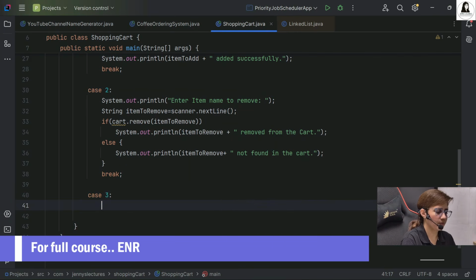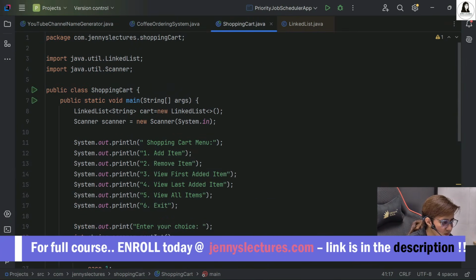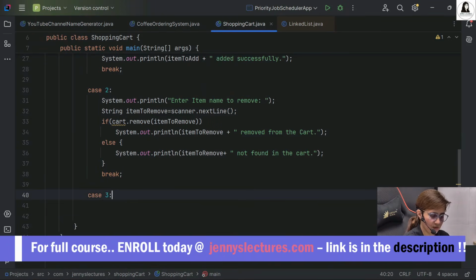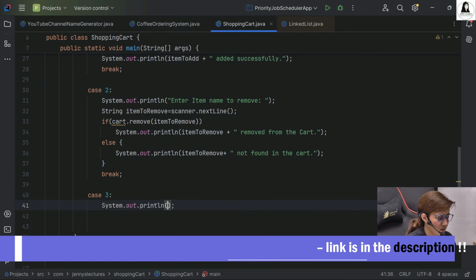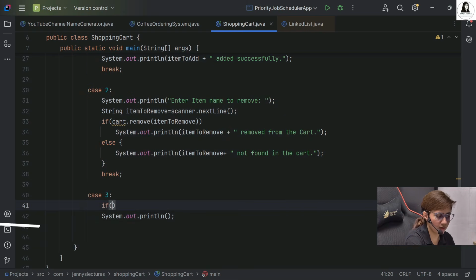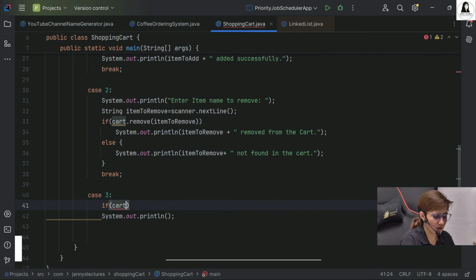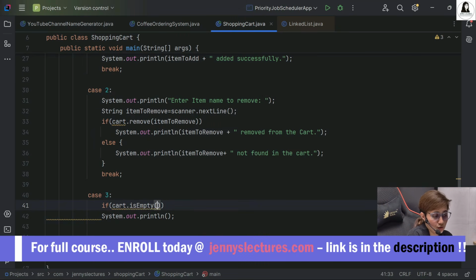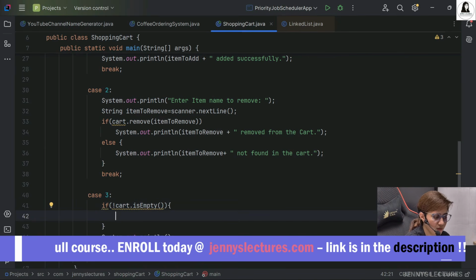Now go for case 3. Case 3 is what? View the first added item. Okay, let's write it down. Yeah, the method is getFirst. We can directly get the first item from the cart. But if the cart is empty, in that case, it should print a message. It will only print the first added item if the cart is not empty. So first you check, at first you check if this cart is not empty. In that case only I will